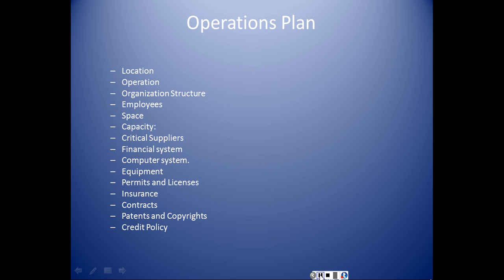And then you have to think about, how many employees will I need? Well, initially you may need 1 or 2, but a part of the operations plan is for you to identify over a 5-year period what your operations plan will be. So you may start out with 1 employee, plan to add a 2nd employee in 6 months, a 3rd employee in another 6 months, and then by the time you get to your 5th year, you may have 10 to 12 employees.